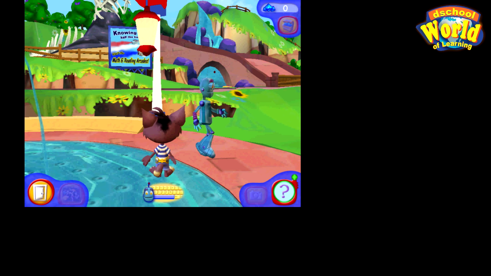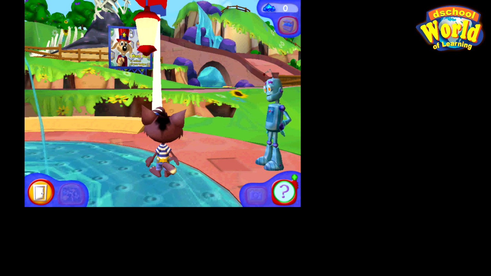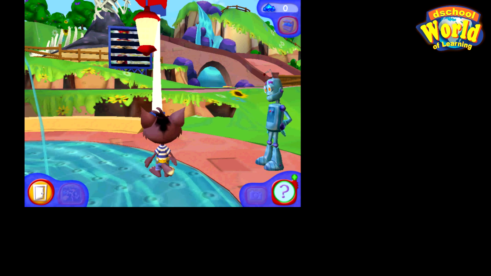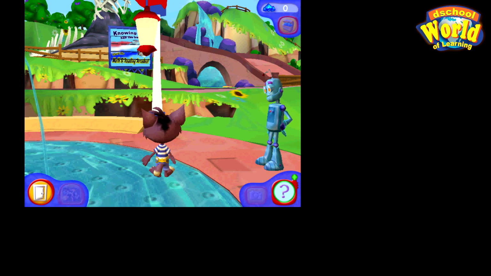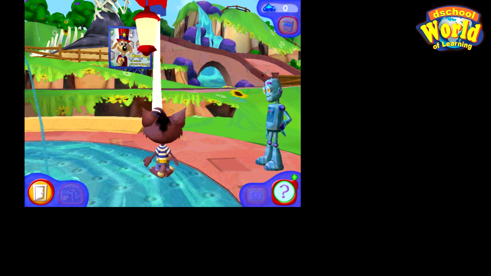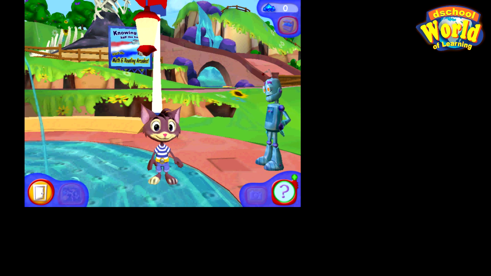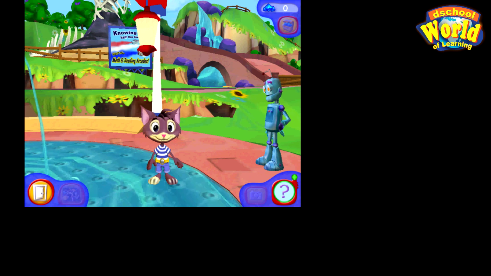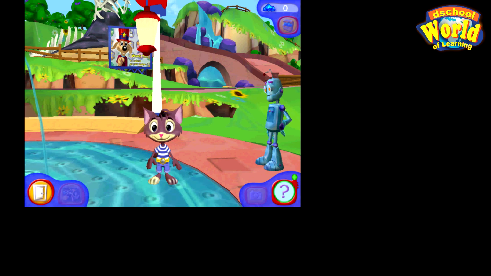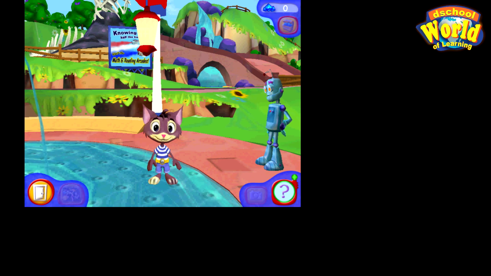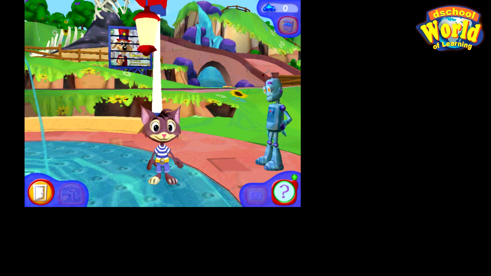So every time you proceed and finish a task that is assigned to you, you are able to earn a piece of the badge. By following instructions from Botley, you have earned a piece of your friendship badge. There are several activities you have to follow, listening to what other characters tell you and doing what they want you to do, so that you can earn the other pieces and make sure your friendship badge is complete. So we need to go back and see Frankie.